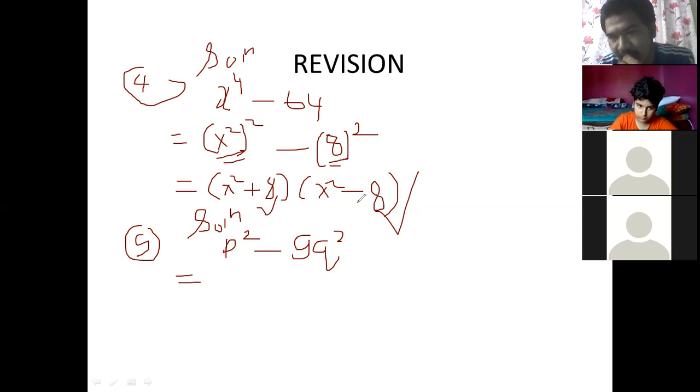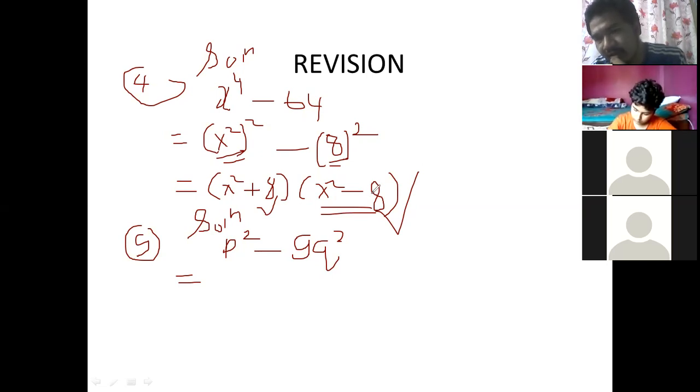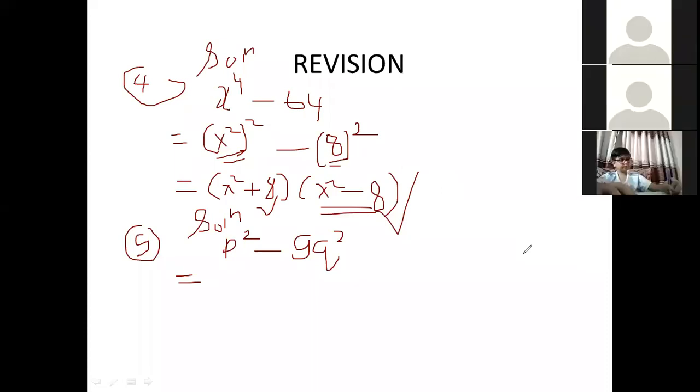If here is a square number, then we have to open this again. Okay? Okay, sir. If it is a square number, then we can again open it with the formula of a square minus b square. Sahaj Lohia, Sahaj. Sahaj is not speaking. I am asking Ridham Karki. Ridham.